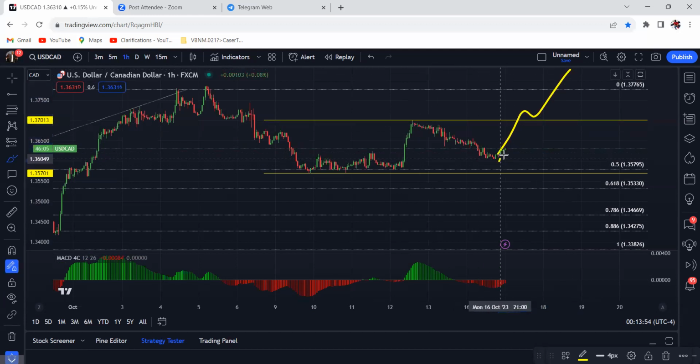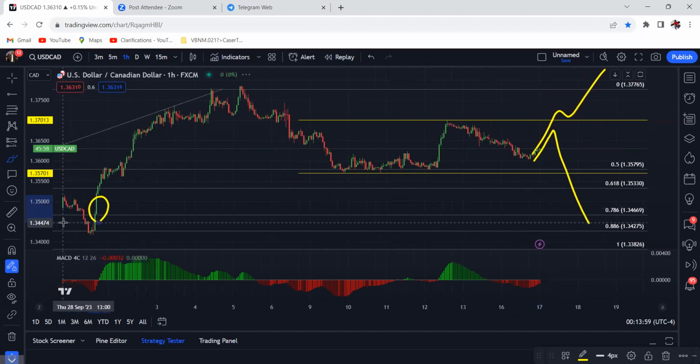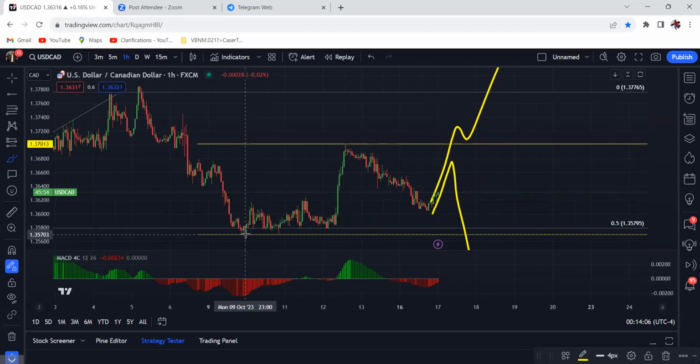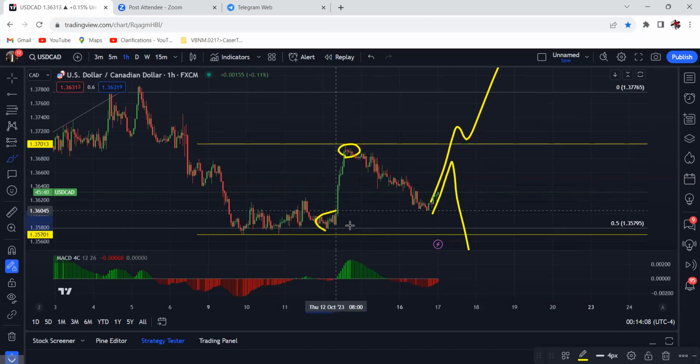I think we'll get a small buy, and then eventually this is going to come down, right? Grab these imbalances and come down into this demand zone here. We'll see. This is not where you want to trade. You don't want to trade in the middle here. You always want to trade at the top or at the bottom, off the top or off the bottom, and then drop down to the small time frame and wait for the sequence.